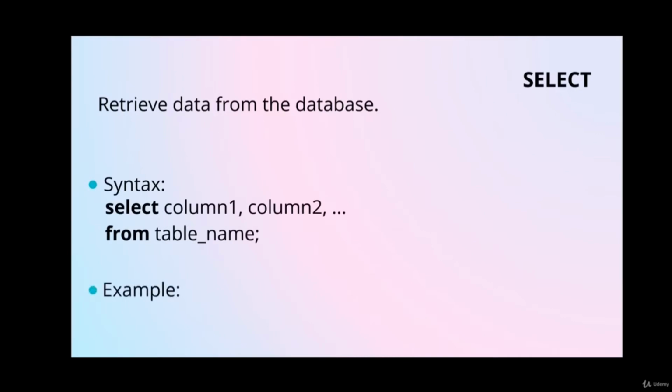For example, if there is a table with the name student and there are 3 columns in that student table, that is student name, contact number and ID, and if I just want to view the names of students, I'll write the query as select student name from student. So it will display the student names from that table. If I want to view all the data from that table, I'll write the query as select star from student, where star depicts all the data from that table.